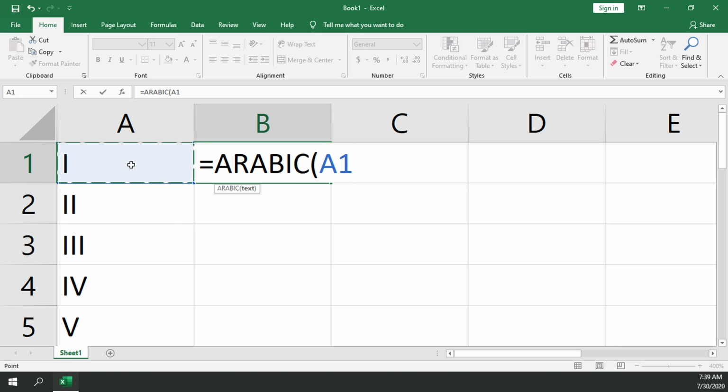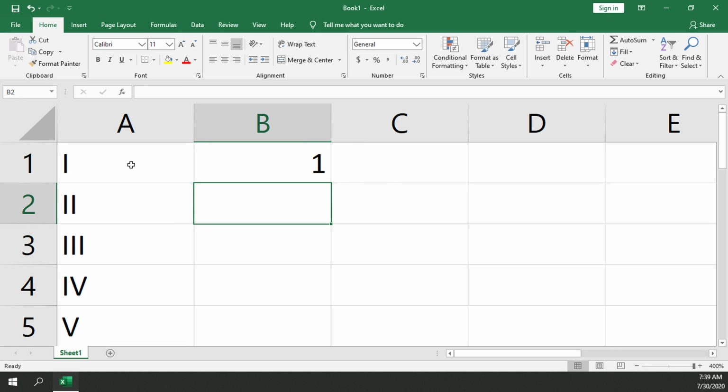If we just select the cell that we want to convert, then hit equals, it will then say that the Roman numeral of just the letter I equals 1. Okay, if we drag this down, so we copy that formula again, it then says 2 because 2 I's equals 2,